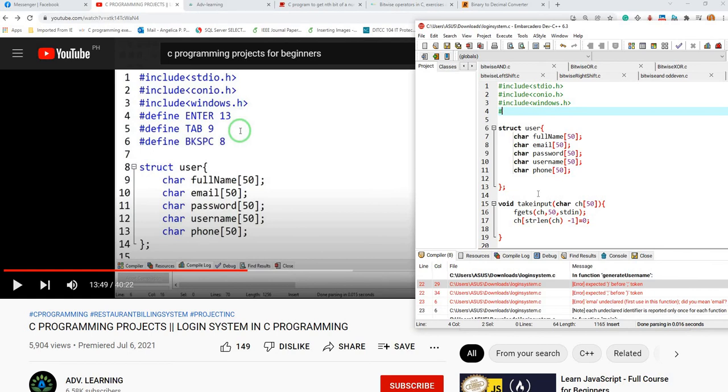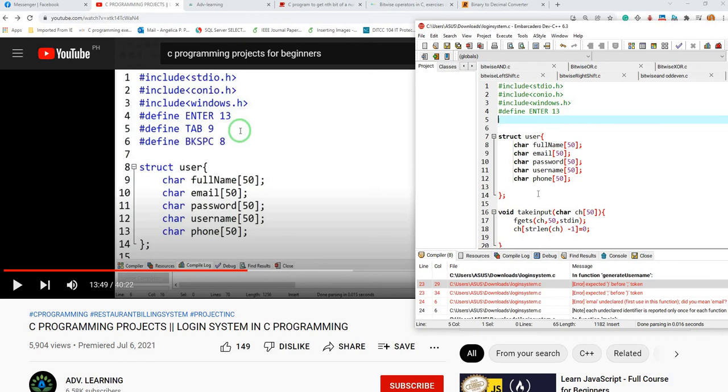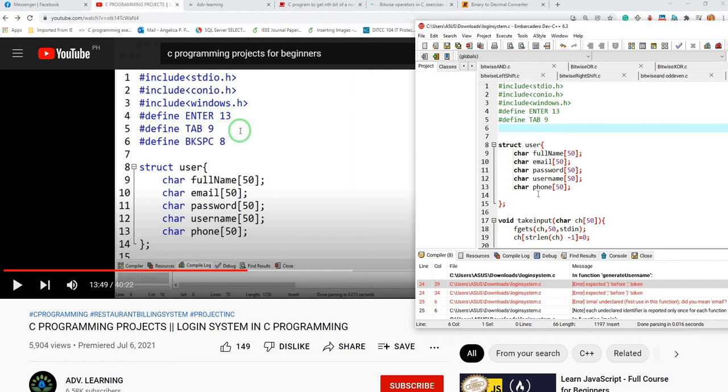Define enter 13. Define EAB 9. Asterisk define. Enter, tab, backspace B A S P C 8 and